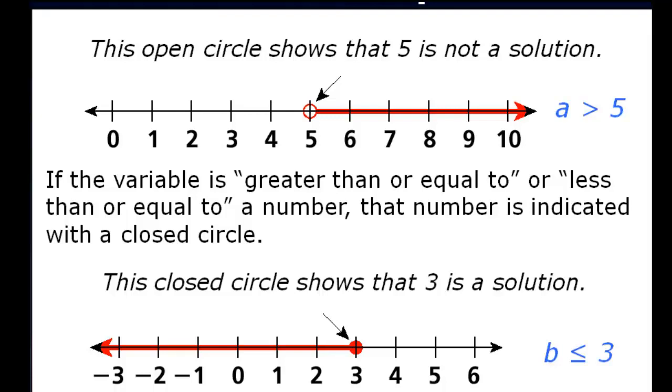If I have 2.999, it's also a solution. If I have 2, it's a solution. 1 is a solution. Okay,